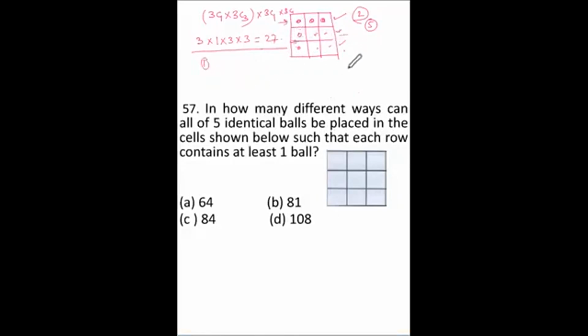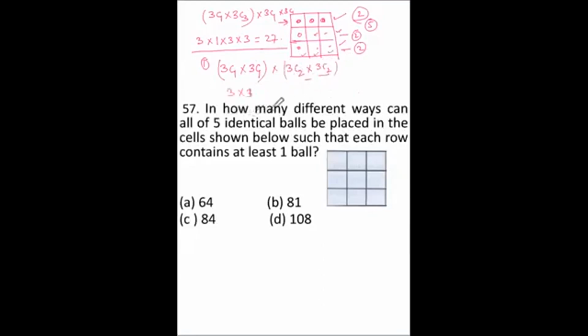these 2 are having 2 balls each. It means we take first situation that out of 3 rows we select one row, and in that we take only one box, 3C1. Out of 3 we take one. Then we have the remaining 2. In this we put 2 balls, so 3C2. In the next also 3C2. 3 places are there. We take 2 boxes out of this. So this will be 3 into 1.